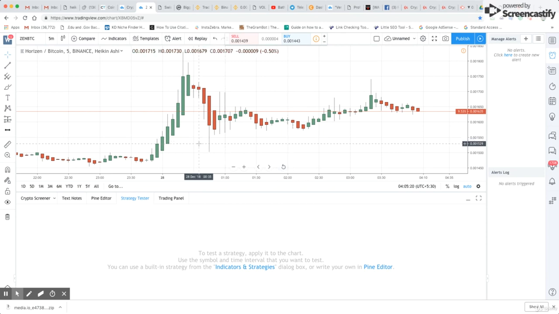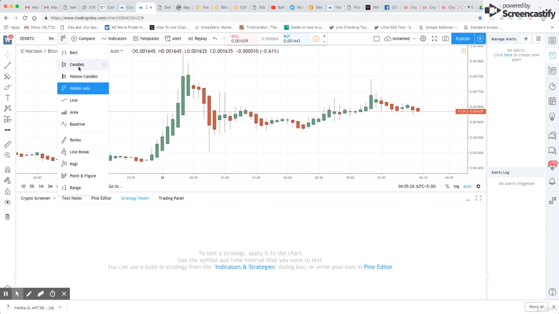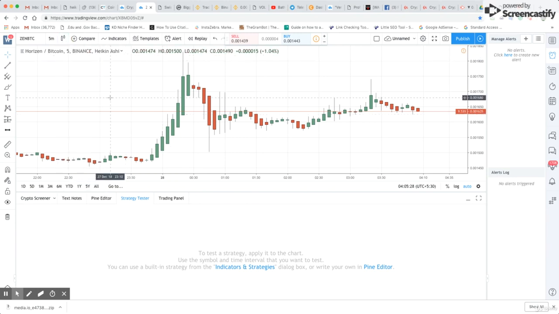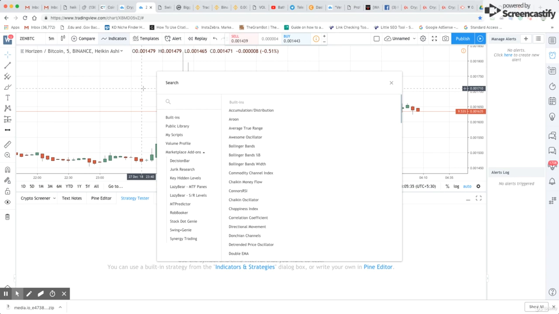So the first step for our strategy is to change the candlesticks from the normal candles to the Heiken Ashi. And now you can see the clear picture. And now next thing is to add indicators. I use only